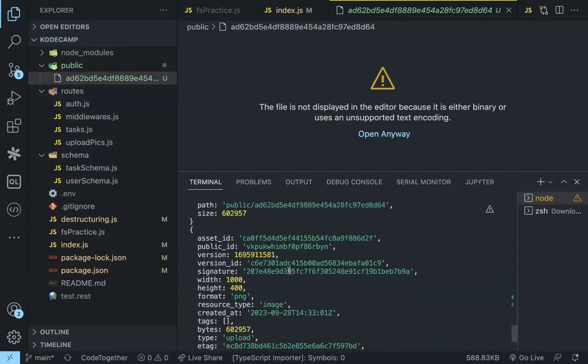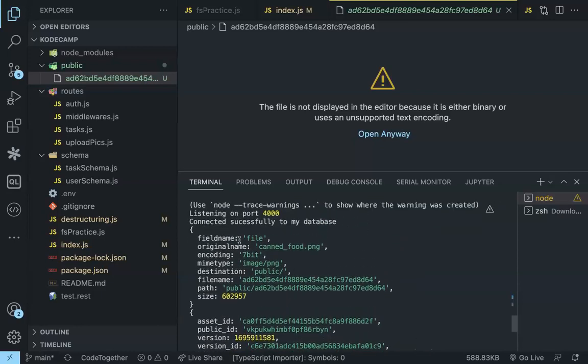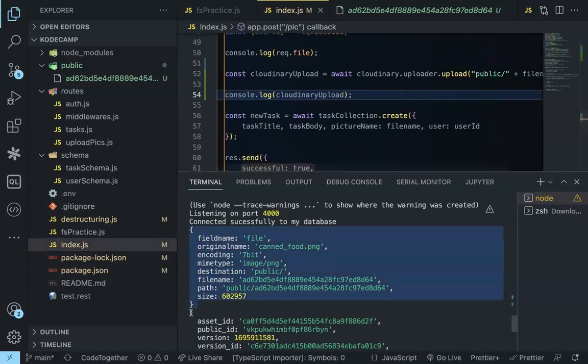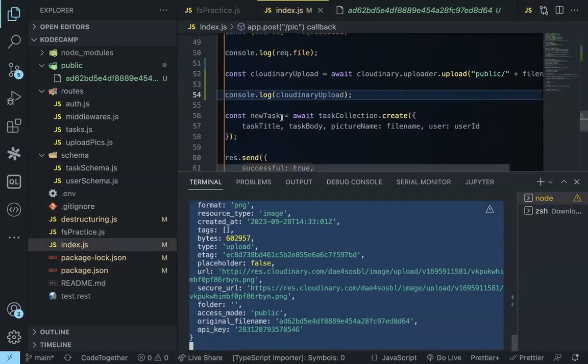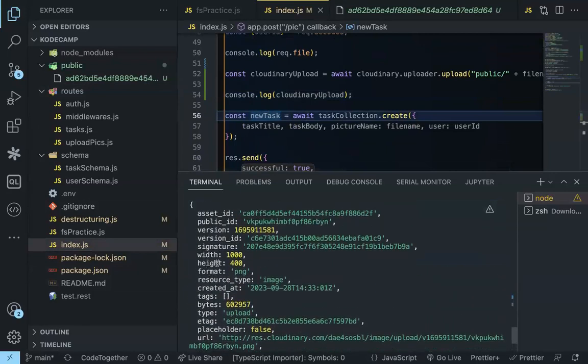So if you look, you see a lot of information about the picture. See, okay, this particular one comes from this request.file, this line 50. From here to here comes from this line 50. But from here down comes from this line 54. See line 54. So at this point, you see that we have a URL, we have the height, the width,